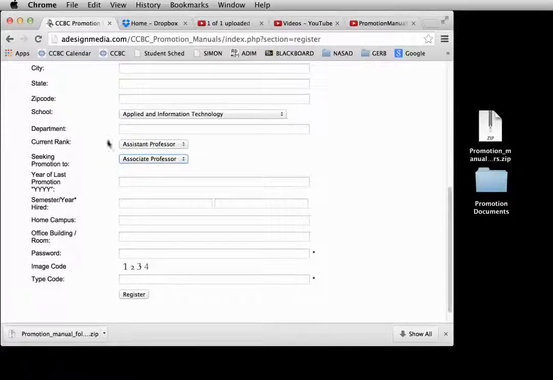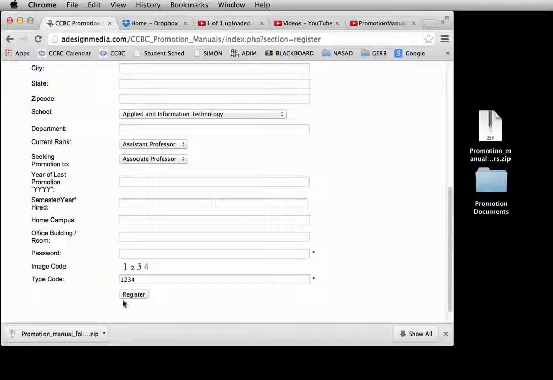The importance of setting these, what you set as your current rank, is that it takes a look at your eligibility. So having this information is really important for eligibility. I made sure that if you put in associate, the manual will be set to the rank that you are seeking. All the rest of this information is just to validate and verify that it is correct on your documentation. And when you're finished with this, you will simply type in the code 1, 2, 3, 4